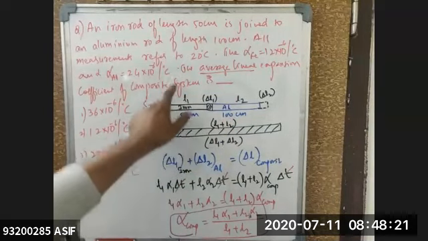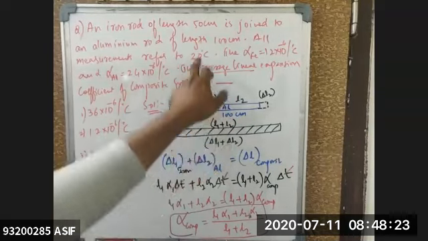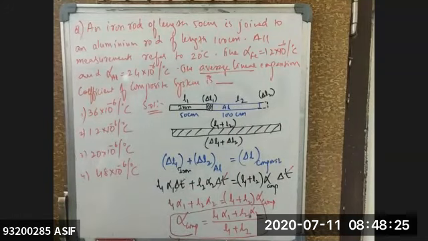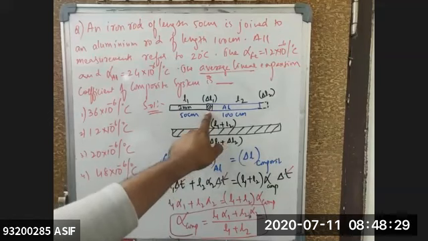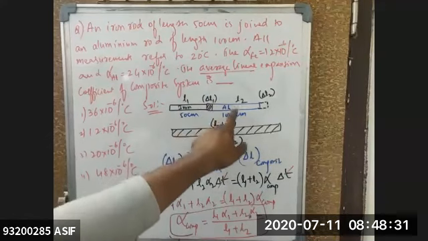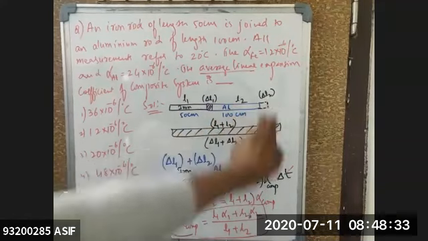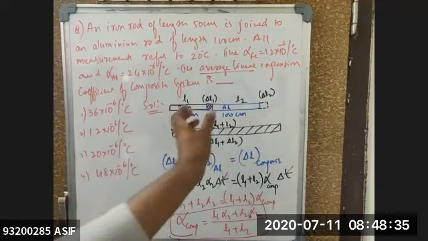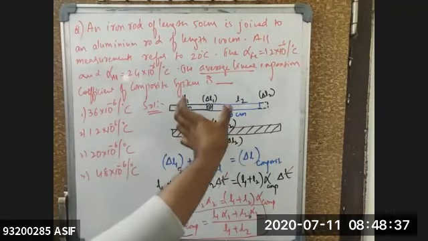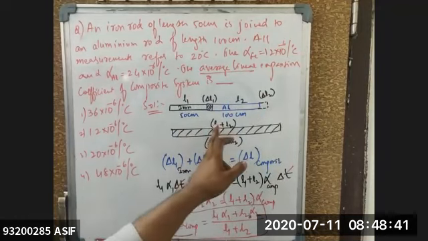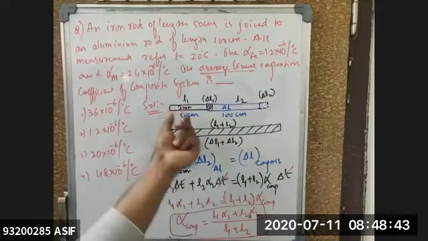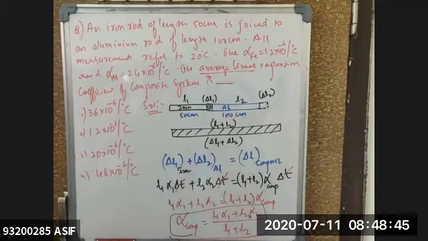Now we are measuring it at what temperature? Both of them are being increased to a temperature of 20 degrees centigrade. That means when you heat the iron rod, there will be expansion. So that expansion in the iron is how much? Delta L1. Expansion in the aluminum is how much? Delta L2. Now this total is expanding linearly, so the composite will become this one. That means the final length will be equal to how much? L1 plus L2. That is, delta L1 plus delta L2 must be equal to your total expansion.